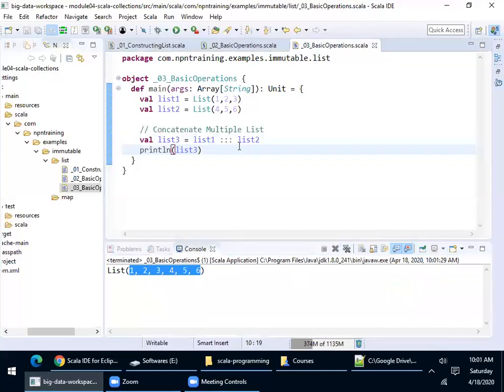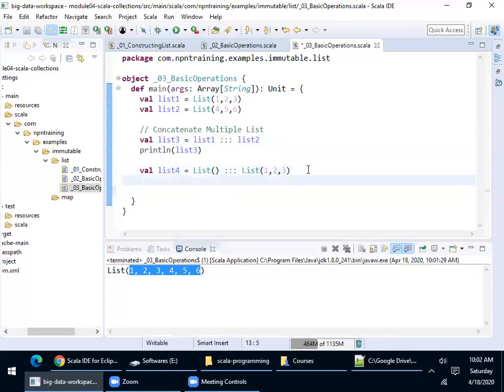Now look at this. There's another way to do that. For example, let me create another list, val list 4. I will try to create an empty list. The quick way to create an empty list, you can do this. For this empty list, I will try to add a new list. In this new list, let's assume I'll have some values. So what are we doing in this piece of code? I have an empty list, and I'm trying to add these values.